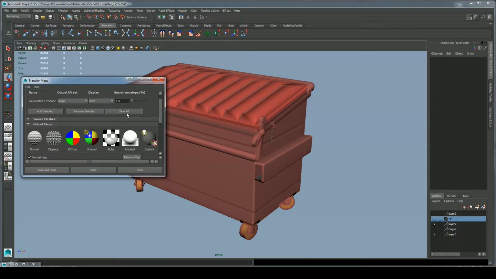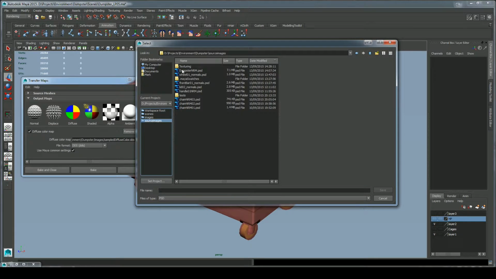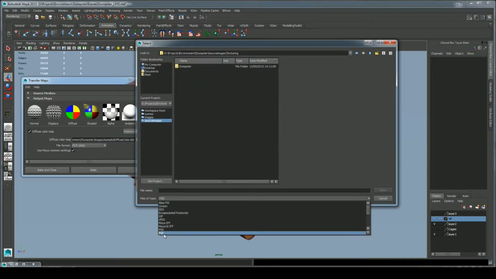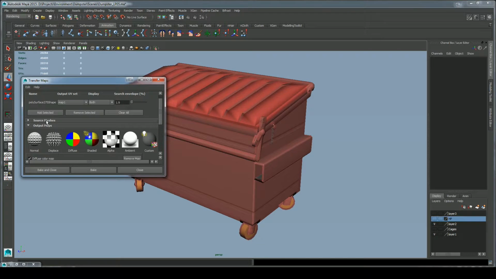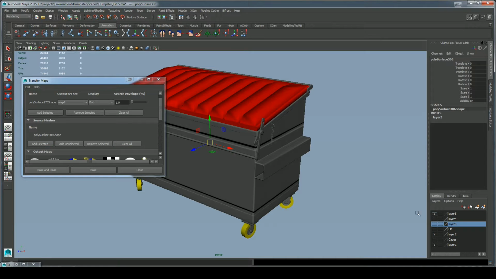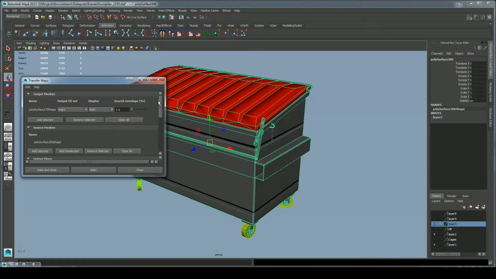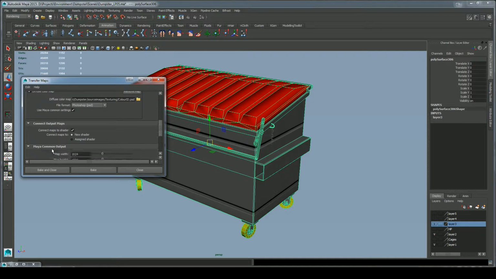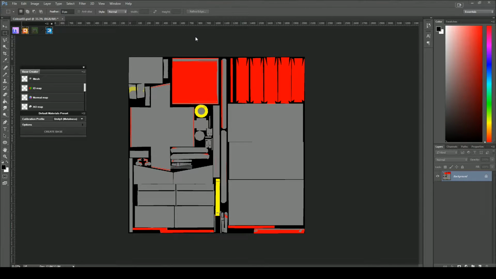Now I'm just using transfer maps to generate a map, but this time I'm using the diffuse color map. So you can see what I've done there is actually duplicate the object. I'm essentially transferring the maps from two identical models. They're a clone of each other. And here's the result inside of Photoshop. So these key colors will be